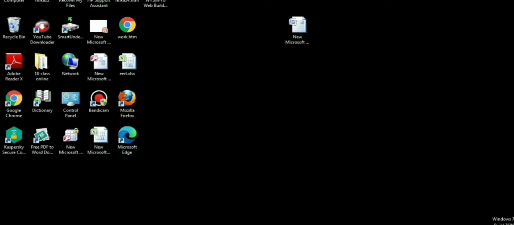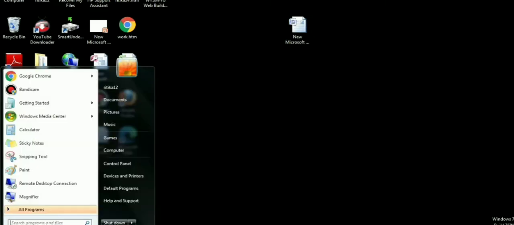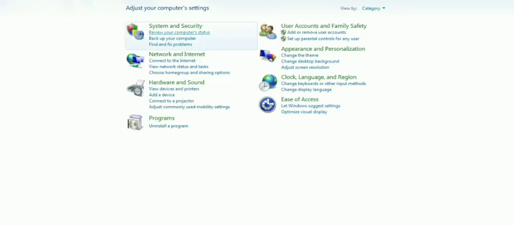Here you will click on this start button. Here you will check this one is control panel. When you are clicking on control panel, you will move on to this screen. This one is control panel screen. Here is ease of access center. Children, you will go directly on this by two more methods.